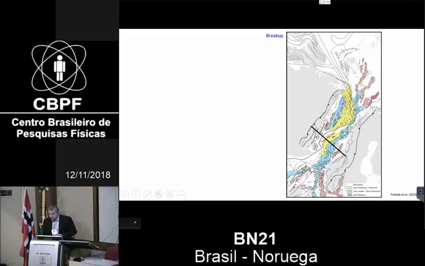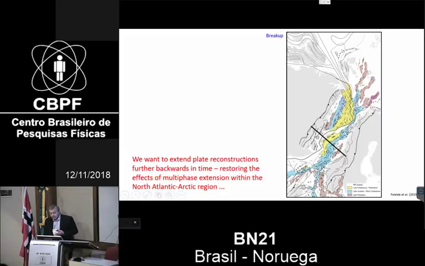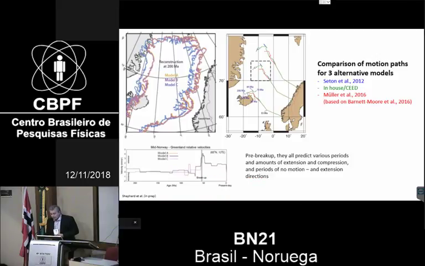The color-coded polygons here represent sedimentary basins that formed within the plate prior to breakup in response to a number of rift phases. So we would like to look into more detail how we can continue to restore these effects of extension. So we have now closed the ocean, but we would like to go pre-drift, quantify the extension, and restore it. And to do so, we have to look into